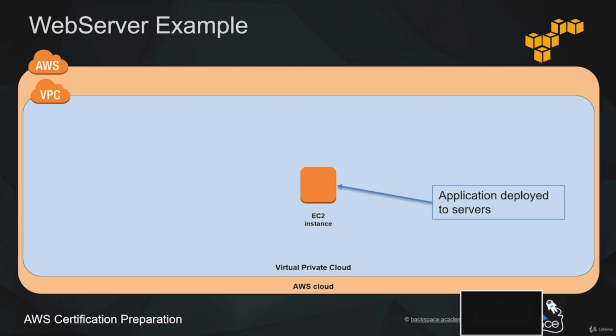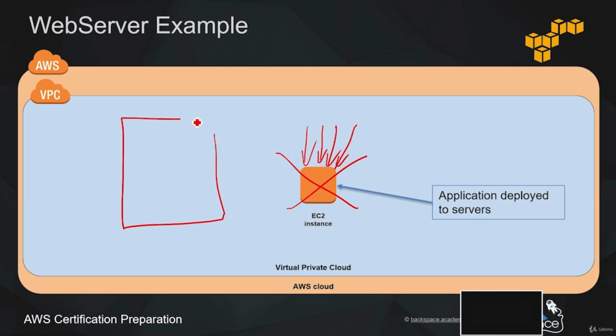So what happens if this single EC2 instance becomes overwhelmed by demand? For example, we might have released a new product and our WordPress application cannot deliver the web pages quickly enough to satisfy that. What we could do is tear down that instance and put in a bigger instance that could handle that demand. And that is called vertical scaling.